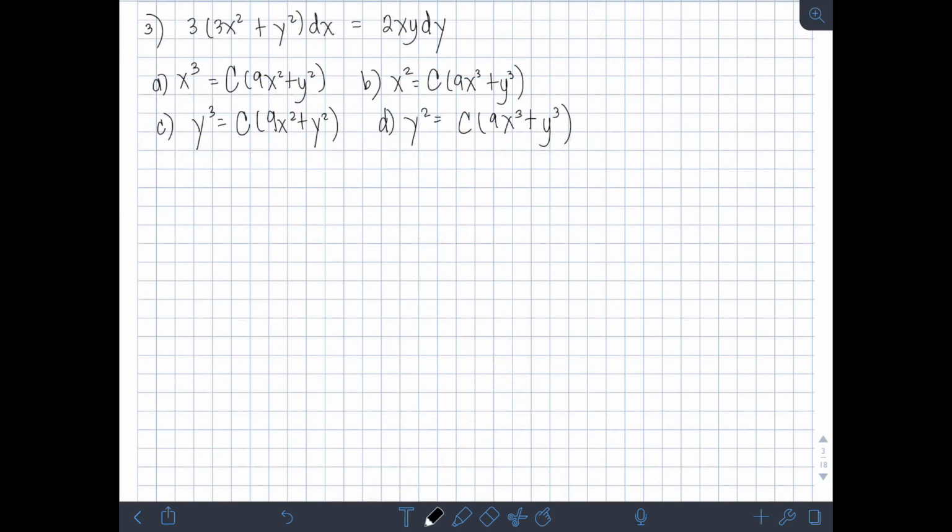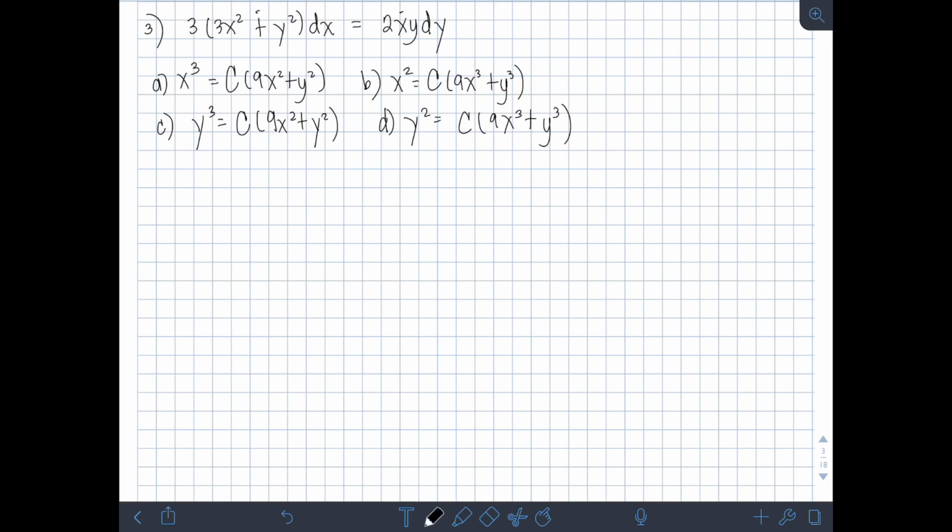Okay? Next, we have 3 times quantity 3x squared plus y squared dx is equal to 2xy dy. Okay, so check natin kung separable. Obviously, hindi kasi meron nang nakapagitan na operation doon sa x at y. Next, check nyo kung homogeneous. Yes, homogeneous kasi